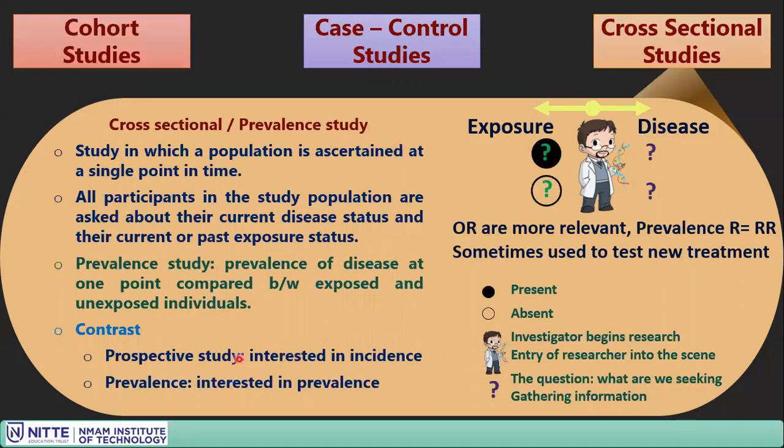So what differs from prospective studies is that in prospective studies the exposure is important. We assign the exposed and then find out the disease. Whereas in prevalence studies, we identify what is prevailing in the present condition. Here odds ratio is more relevant. There is one more term called prevalence ratio, PR, which is equivalent to relative risk. Whereas in case control studies, the most important is odds ratio.